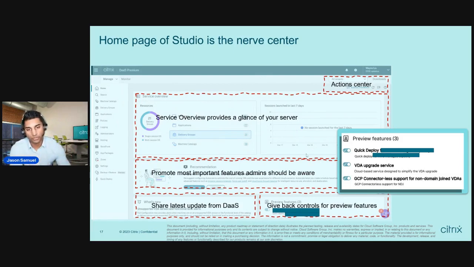So here, at just a high level overview, it's not like Director, it's not like Monitor, which gives you very granular details. But here, at a quick glance, you can see the number of sessions launched in the last 7 days. That gives you a quick glance of usage within your Citrix environment. It'll show you a trend over 7 days. And if you want more granular, you go into Monitor for that. But again, it's a high level of how healthy your Citrix environment is.